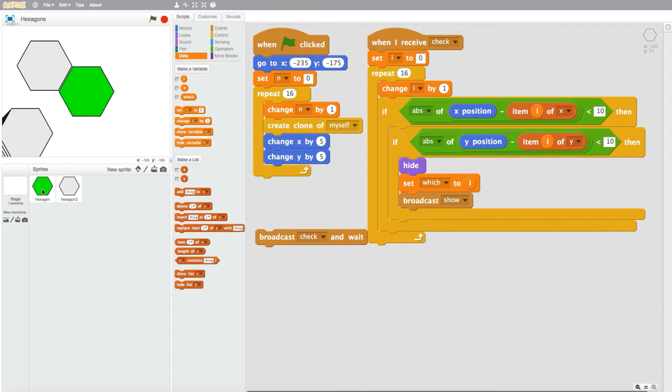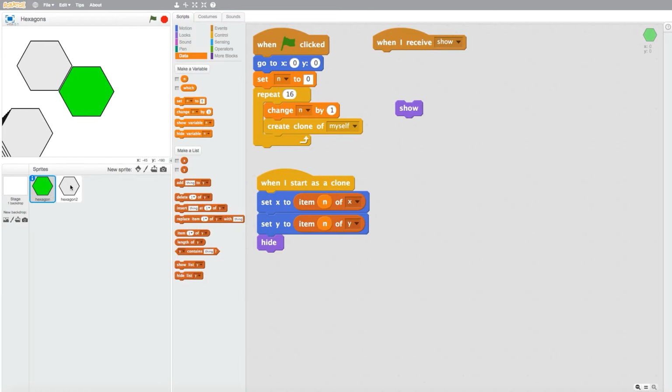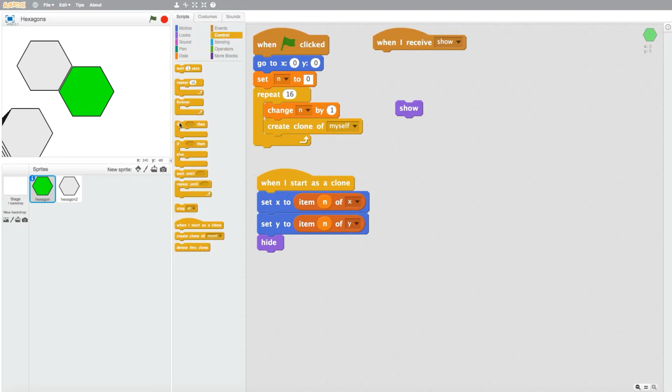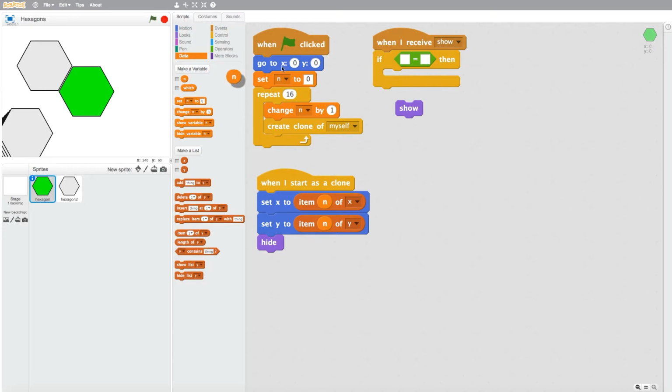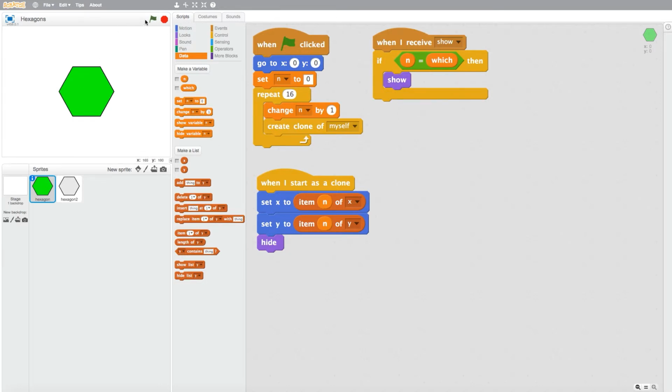Now we can go over here and we can say, okay, when I receive show, if my number, and remember my number is n, is equal to which, then I can show. So we simply get an if statement and a comparison of my n number to which. And if that is so, then I want to show. So let's start everything up